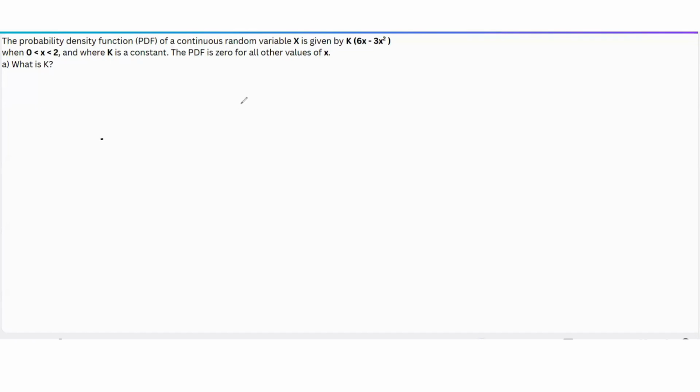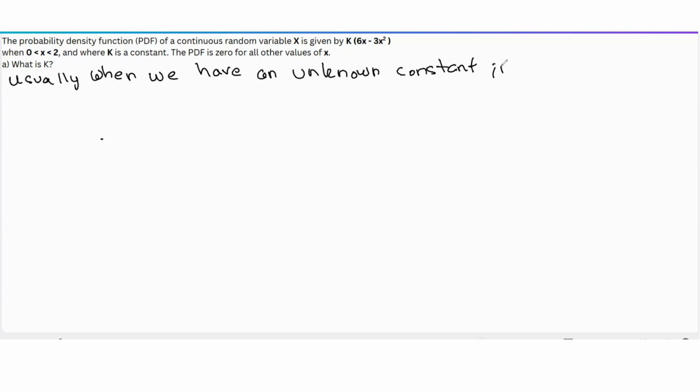In this question, we want to look at how we can find an unknown constant in a PDF. Usually, when we have an unknown constant in a PDF, in this case we have k, we can solve for it using